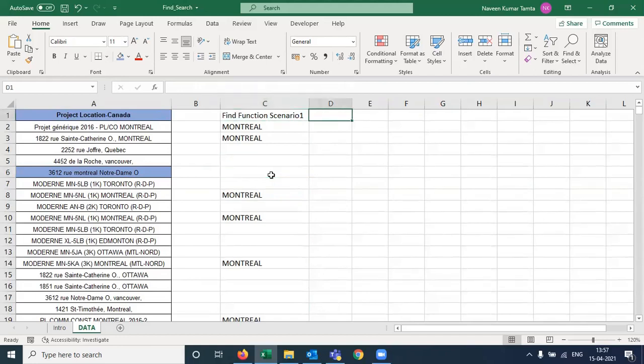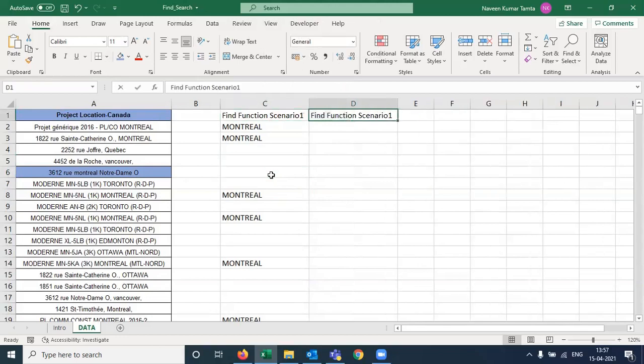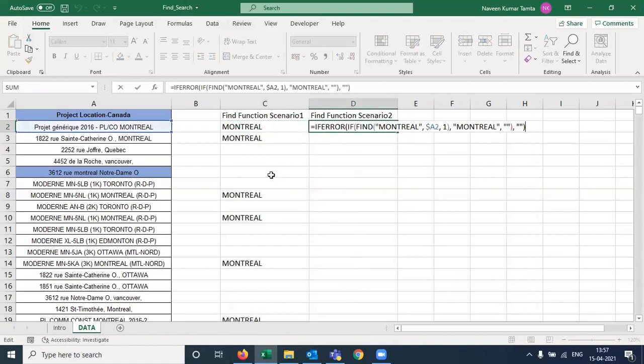Let's say this is my scenario number 2. Let me just drag this formula here and I will make some small changes. Let's say I want to say montreal, like this.